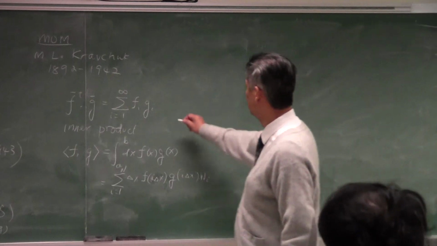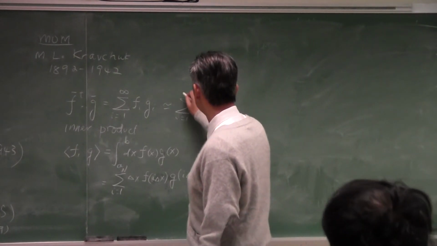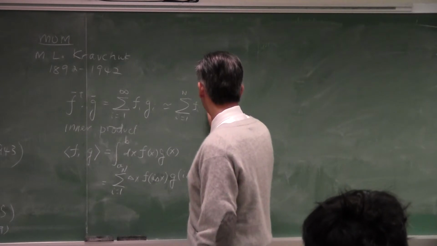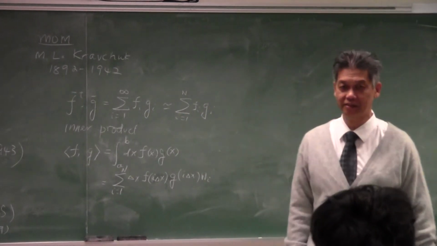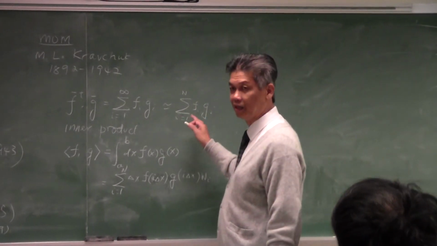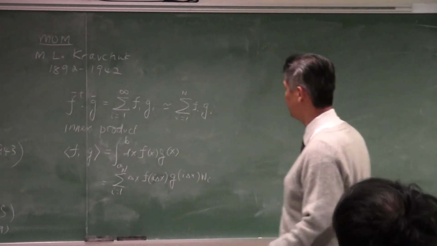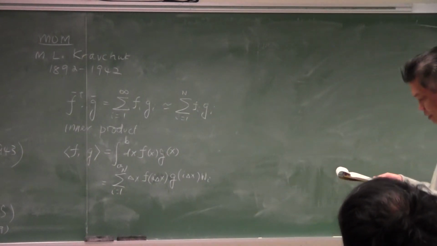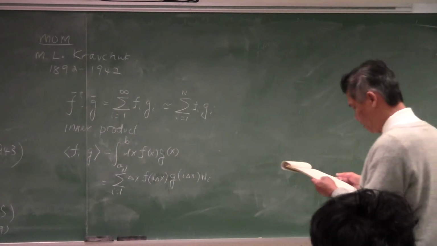And oftentimes when we compute this in the computer, we will have to truncate this summation. Okay, so these are actually very similar in a sense in the practical world. We always have to approximate things, and this inner product resembles the inner products that we have in Euclidean space. Okay, and then in